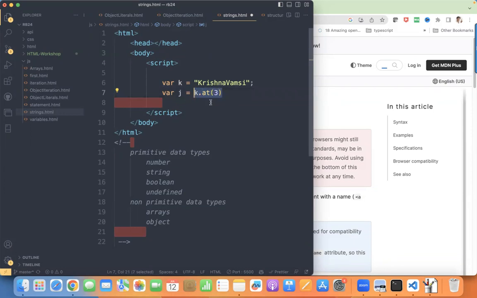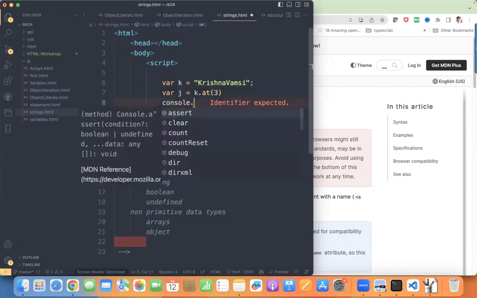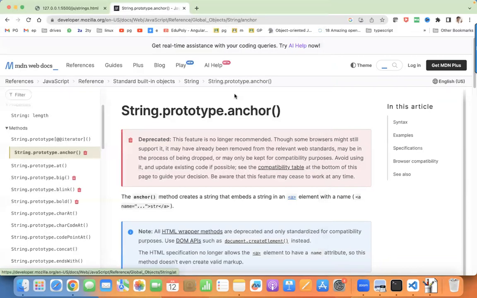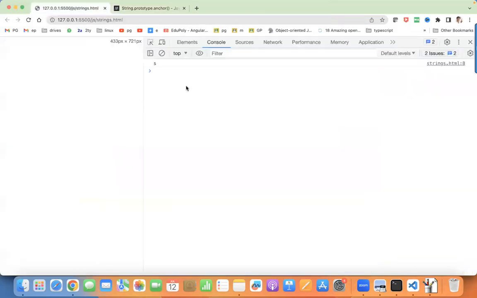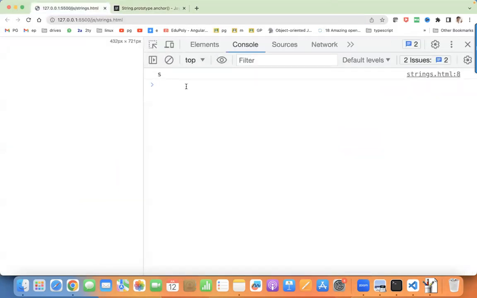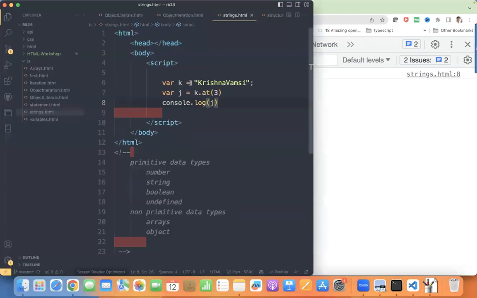This will return the character at third index in K. So what do we get in J? What is there in the third index? So console.log of J is